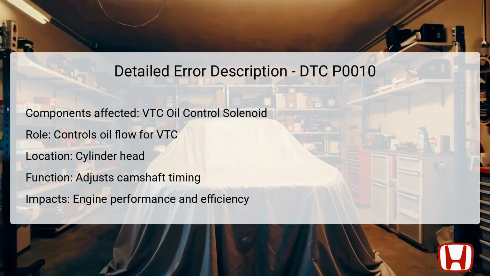The VTC oil control solenoid is a vital component found within the cylinder head of the Honda Accord models from 2008 to 2012. This solenoid is responsible for regulating the flow of engine oil to the VTC system, which adjusts the timing of the camshafts. Proper functioning of the VTC system is essential for optimizing engine performance, efficiency, and emissions, allowing for improved control of valve movements. A malfunctioning solenoid can create imbalances in the oil flow, leading to improper camshaft timings, reduced power output,